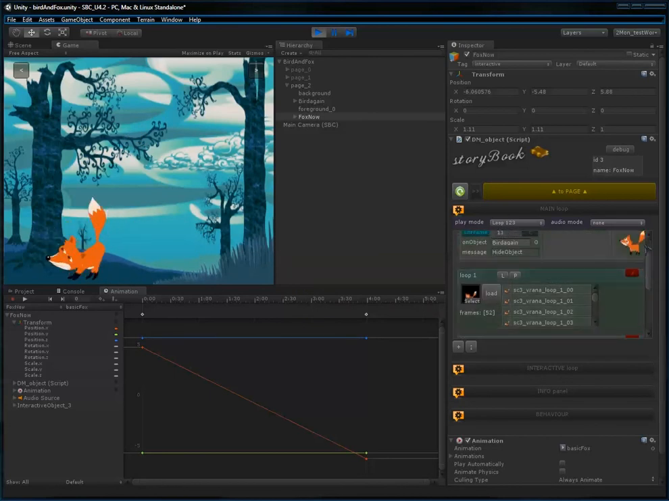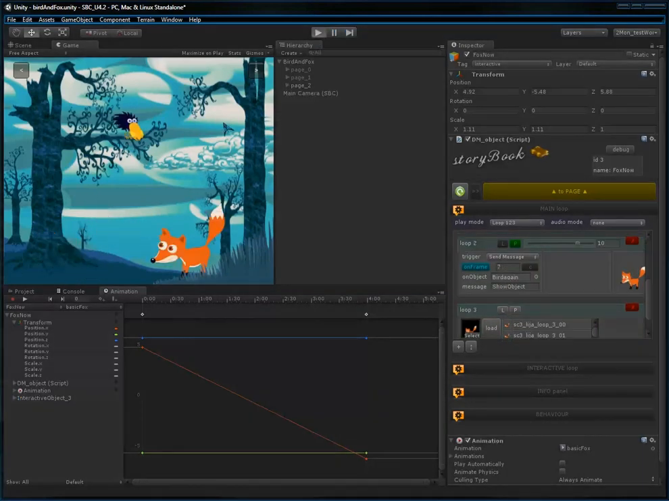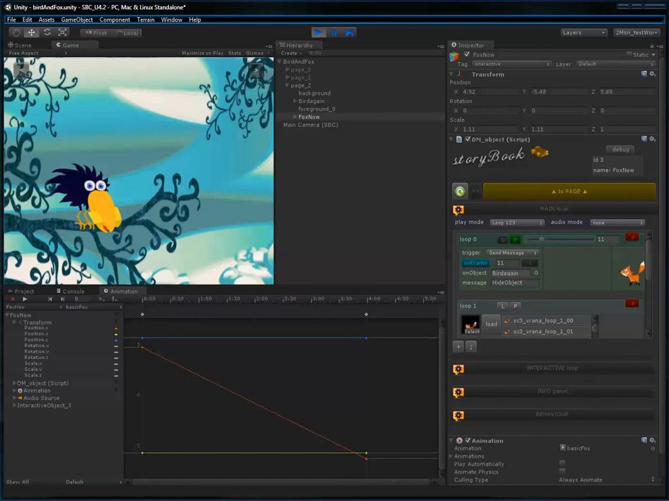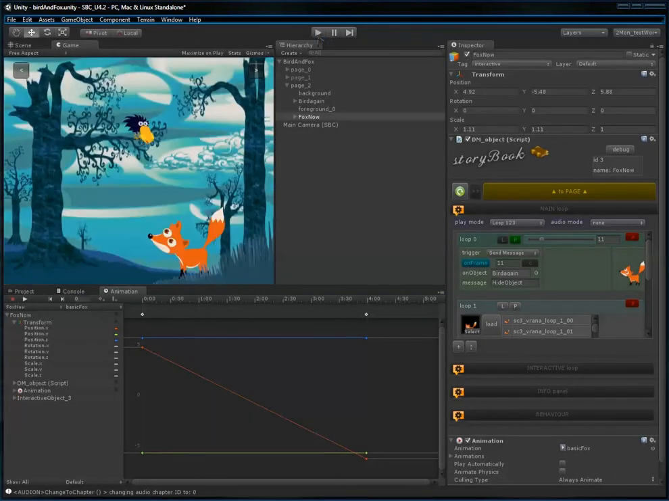So you can hide and show objects by clicking, sounds, animations, objects, triggers, visibilities, everything interacts with everything in this